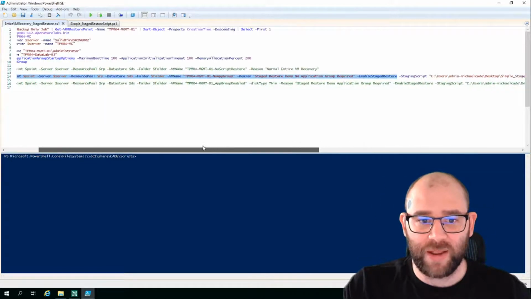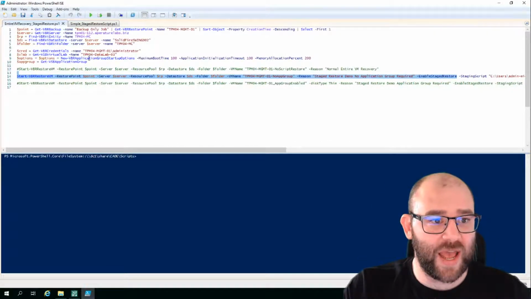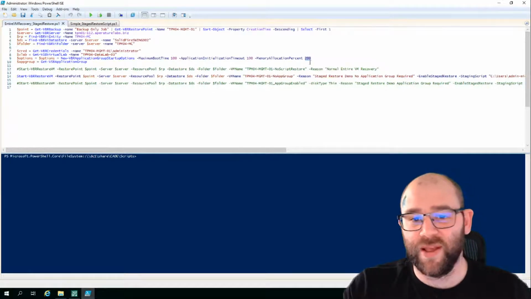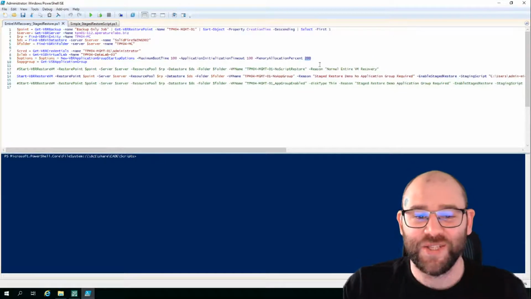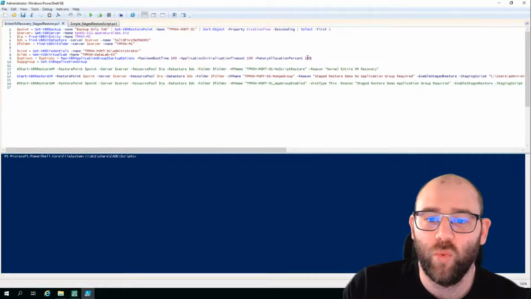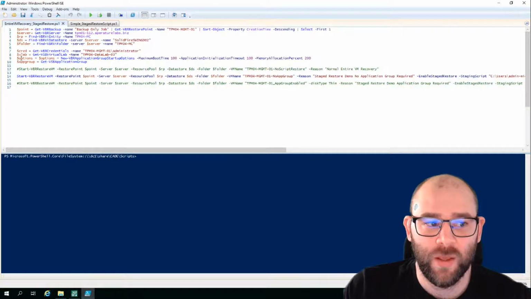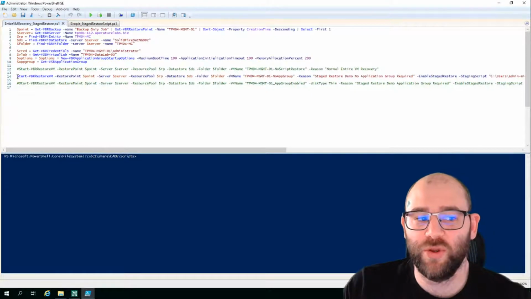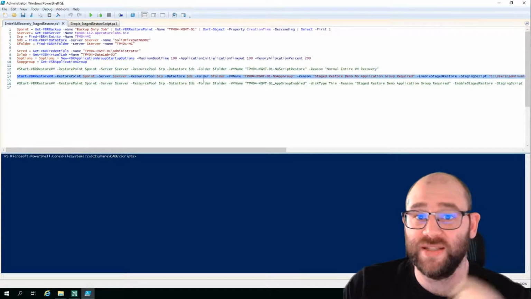Now, if I jump back quickly to what options we've set, this is where we say about the maximum boot time, the application, and the memory allocation percent. You see here that I was already testing to see what that machine looks like from a 200% point of view. So, a super simple script, and then think about where you could add this in to your test and development